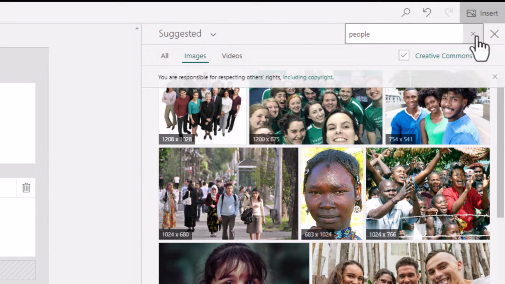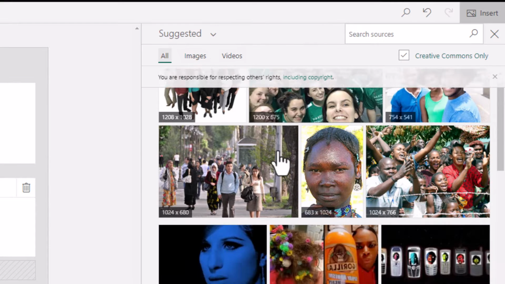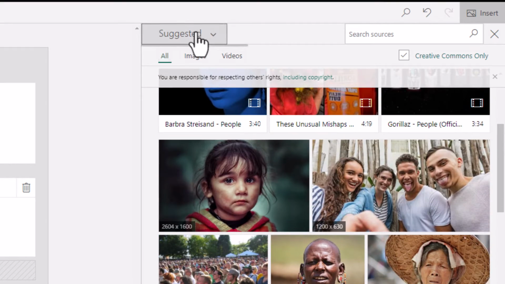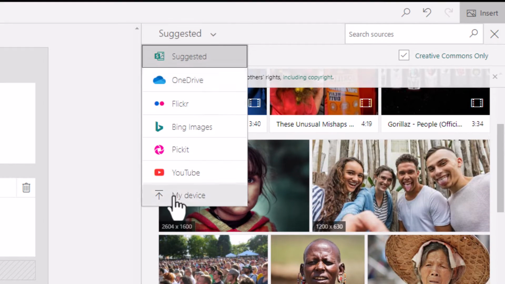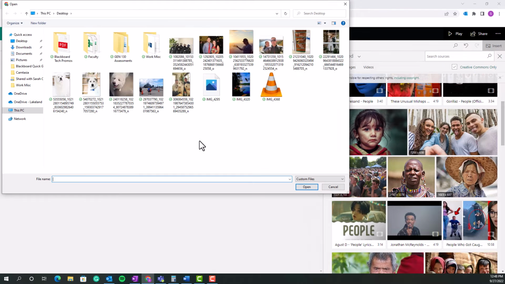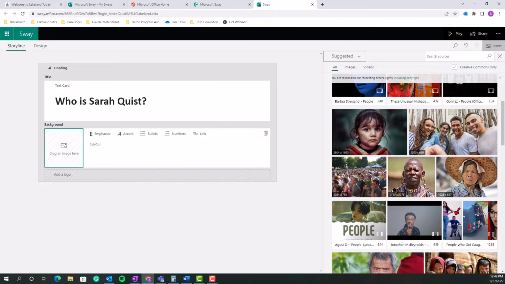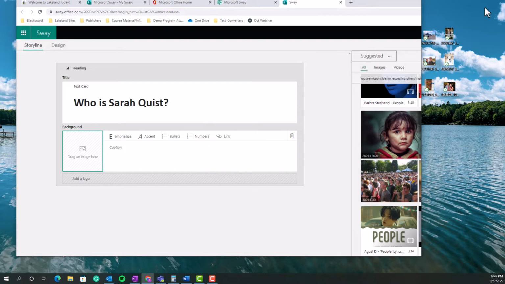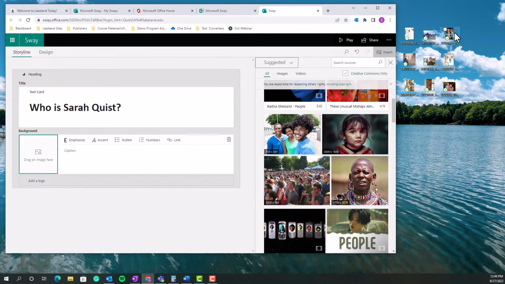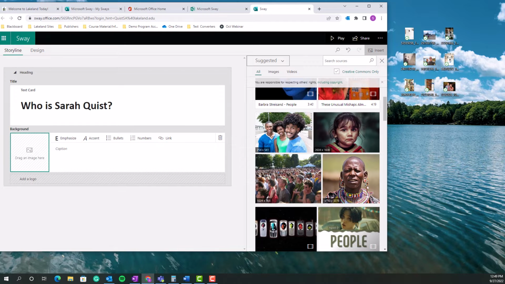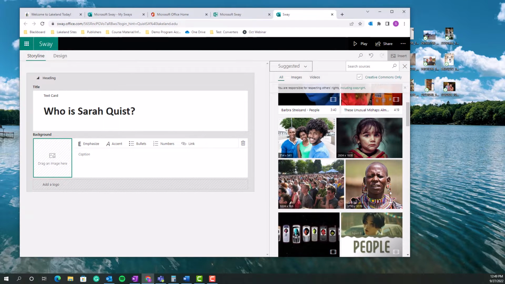Because this is a presentation about myself, I'm going to bring in a photo from my device. And there's two ways you can do that. You can bring it in by going to File, or if you have them on a desktop, you can bring them in from a desktop as well. So I'm going to drag mine and place it in